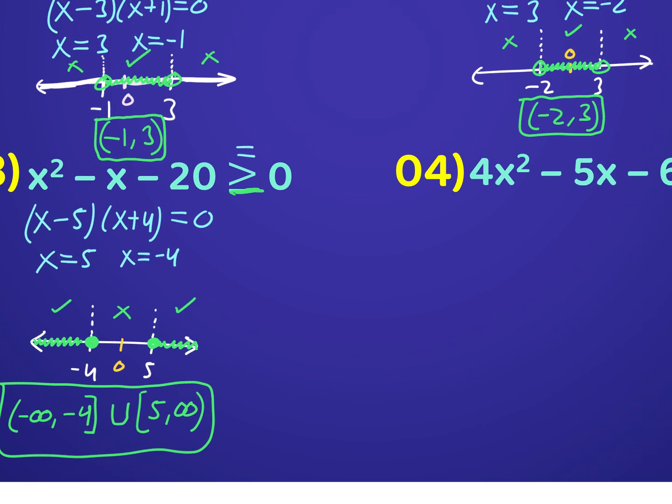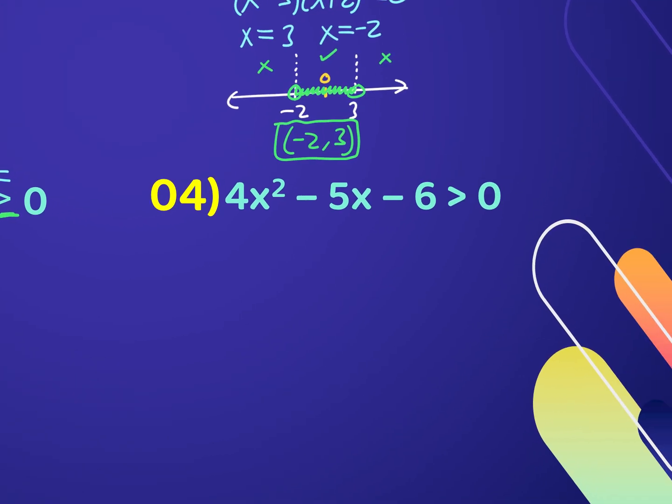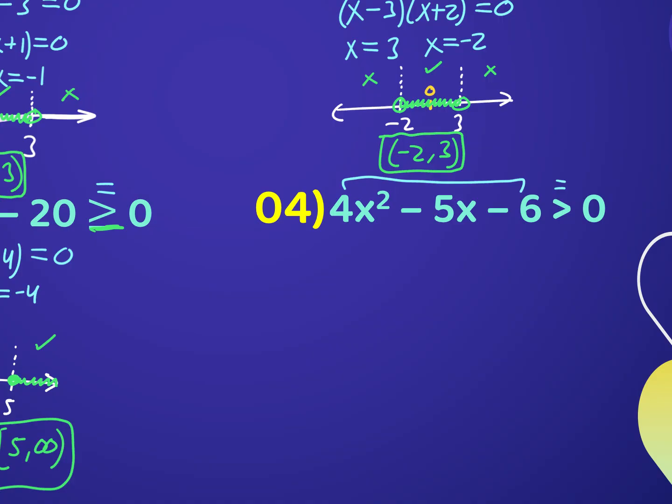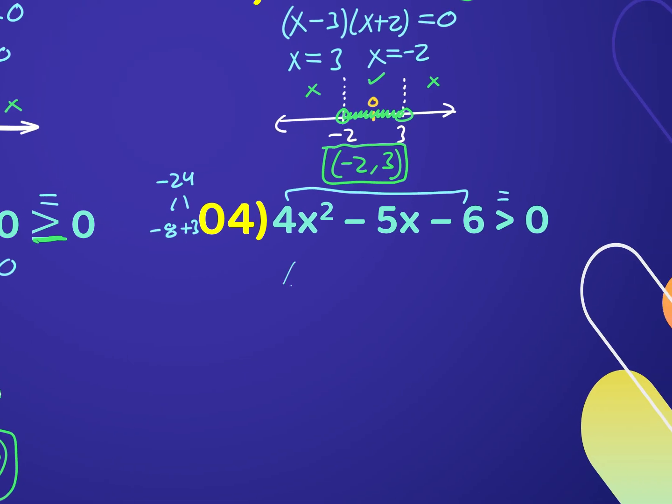And then that is our answer in interval notation. All right, so let's try the same thing with this one. This is another one that we can factor. Again, just pretend that this was equal to 0. It looks like we can do 4 times -6. So I need factors of -24 that add up to -5. And that's going to be a -8 and a +3. Then factor this however you're comfortable factoring. So I'm going to do x minus 8 and x plus 3